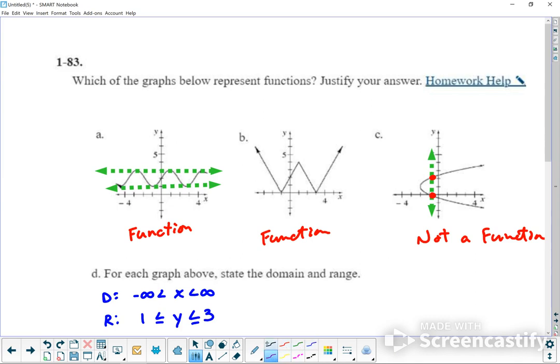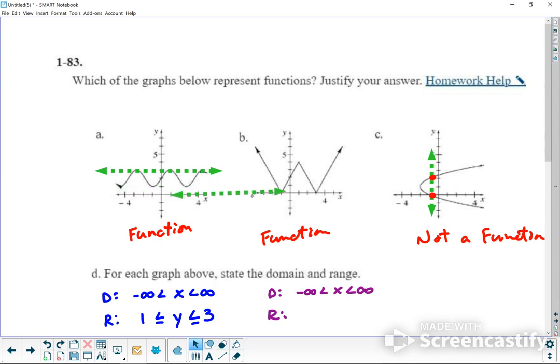This one right here, because it has an arrow, that means it's going to keep going to the left, and it has the arrow, which means it's going to keep going to the right. So the domain is negative infinity to infinity. The range, okay, I'm going to use this one. The range, the lowest it goes is